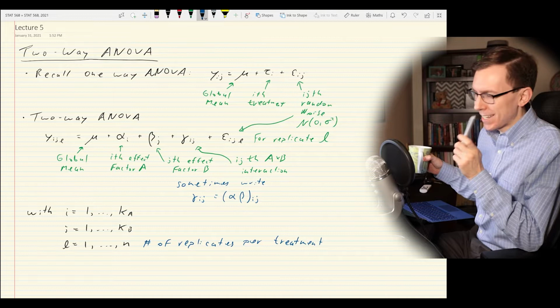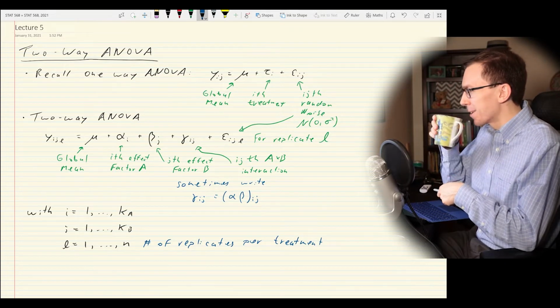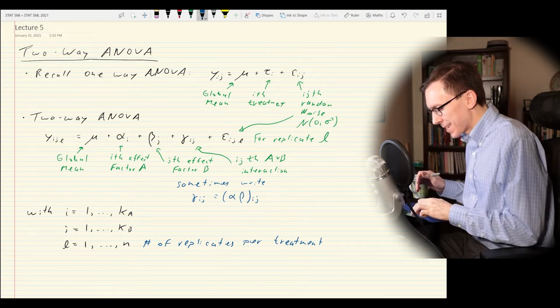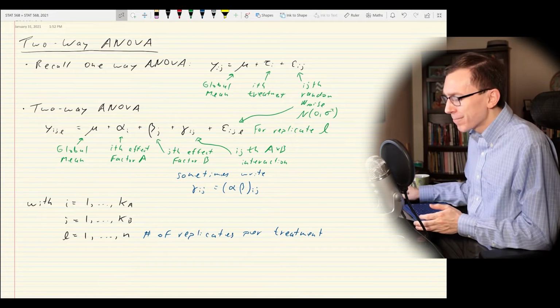I always have to make sure I say replicate and not replicant, because that's a slightly different thing if you're a Blade Runner fan. Not the same as experimental design, but still kind of a neat idea, I guess, science fiction wise. Anyway,